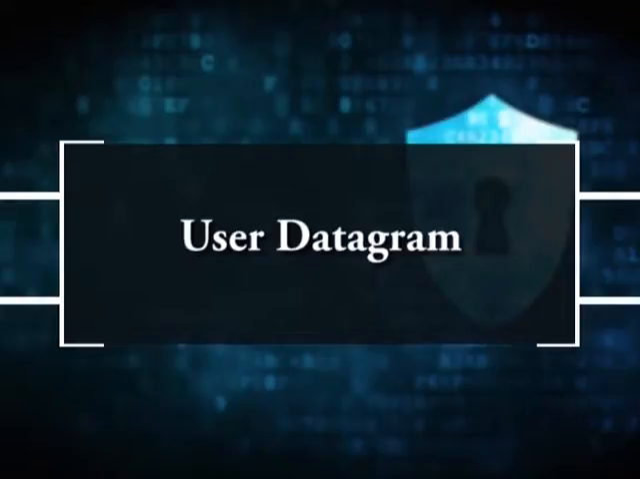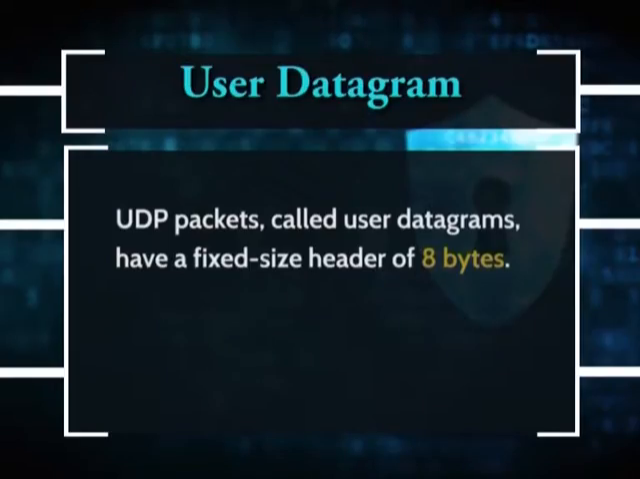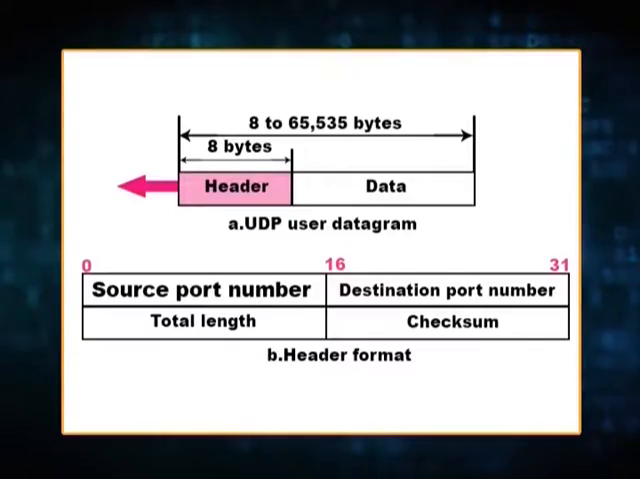Next, user datagram. UDP packets, called user datagrams, have a fixed-size header of 8 bytes. The figure shows the format of the user datagram. The fields are as follows. First, source port number. This is the port number used by the process running on the source host. It is 16 bits long, which means that the port number can range from 0 to